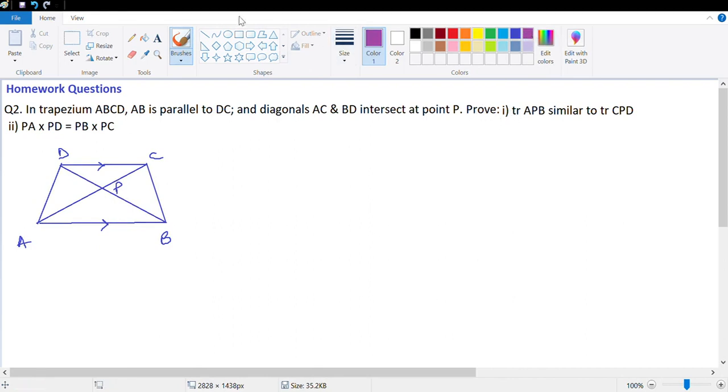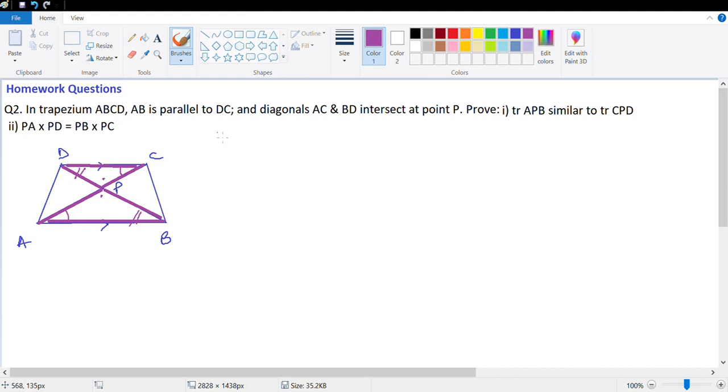So let's just identify which triangles we are looking at. APB, which is this triangle here, and the next one we are looking at is triangle CPD, the vertically opposite triangle. Like I've said, it's easiest to figure out if two vertically opposite triangles are similar. First, angle P and angle P would be equal. Why? Because these are vertically opposite angles. Similarly, angle C of this triangle and angle A of this triangle will be equal. These are alternate angles, and angle D of this triangle and angle B of this triangle will be equal. So we have got all three angles equal, which means we can prove them similar very easily.